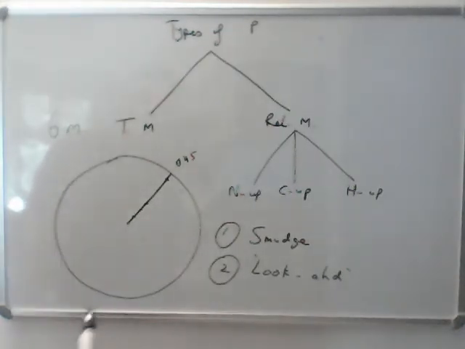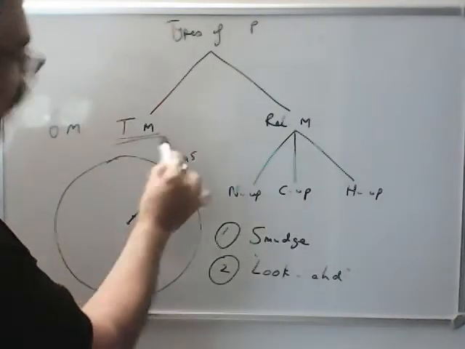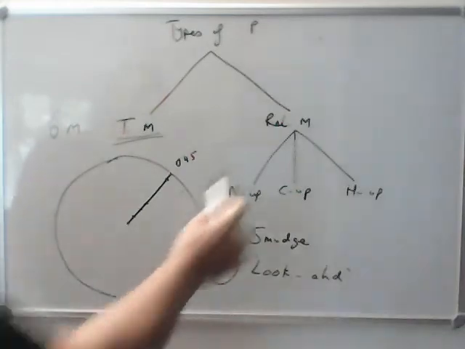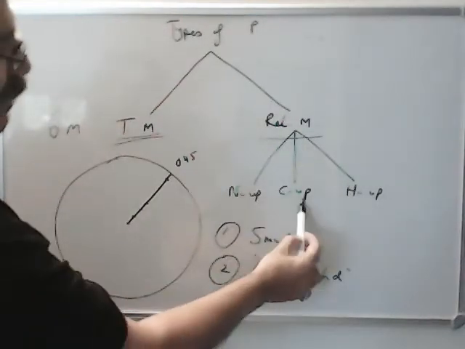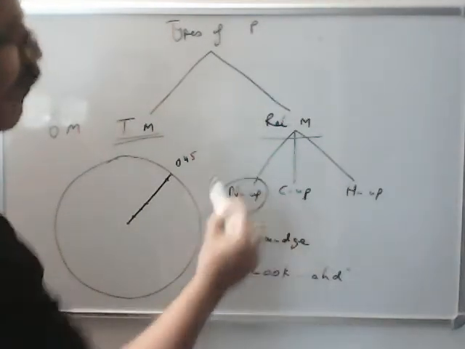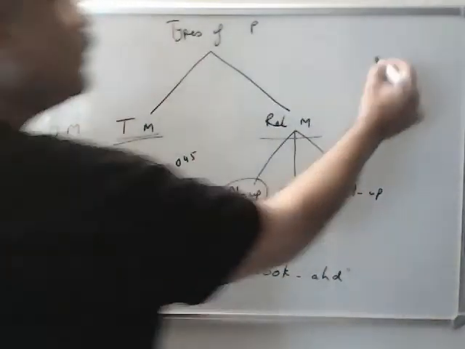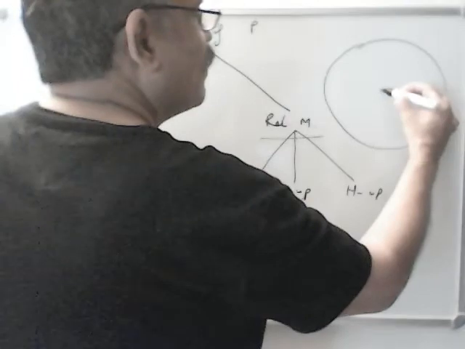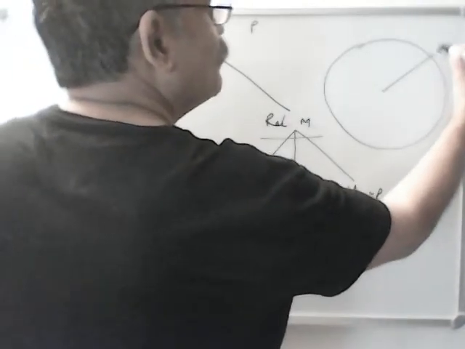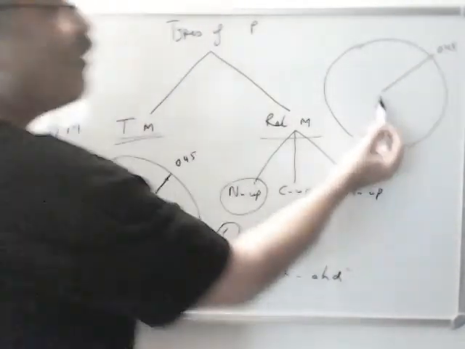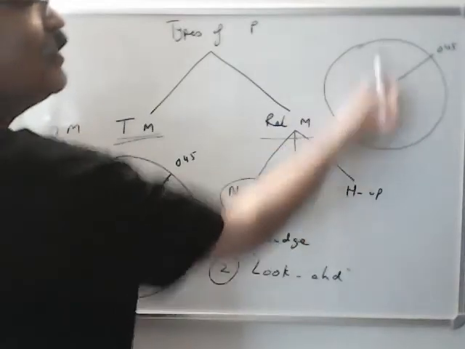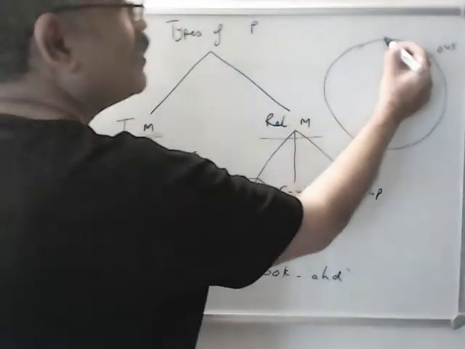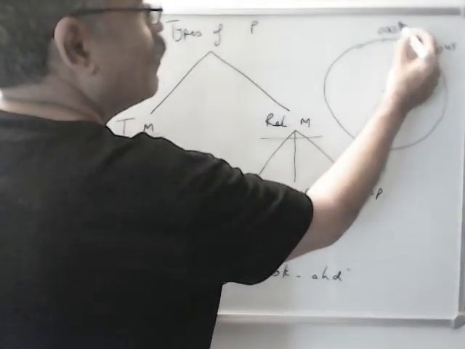So this method is normally not used on the ship. Now let's go to relative motion. We will do all these three methods one by one. Let's go to north up. Now in north up, if your ship is steering a course of 045 gyro course, north is always up. Up means here. So that's why it's called north up. North is 000 degrees gyro.